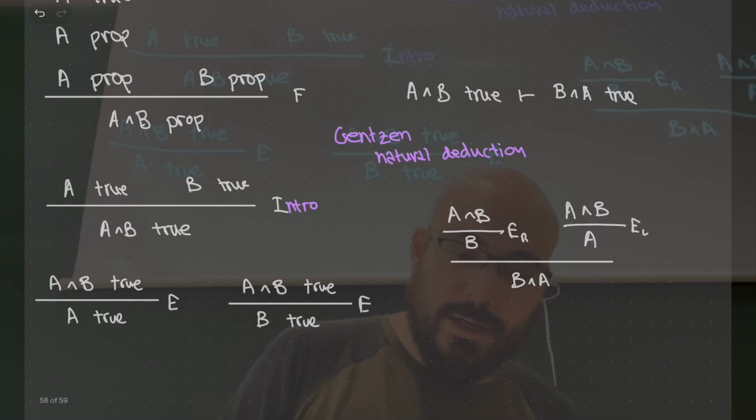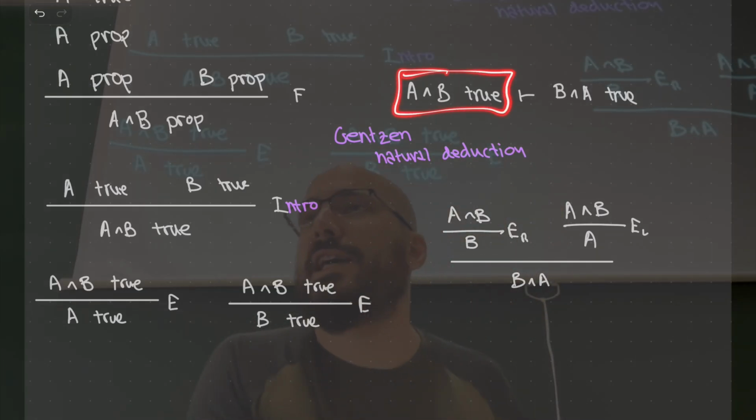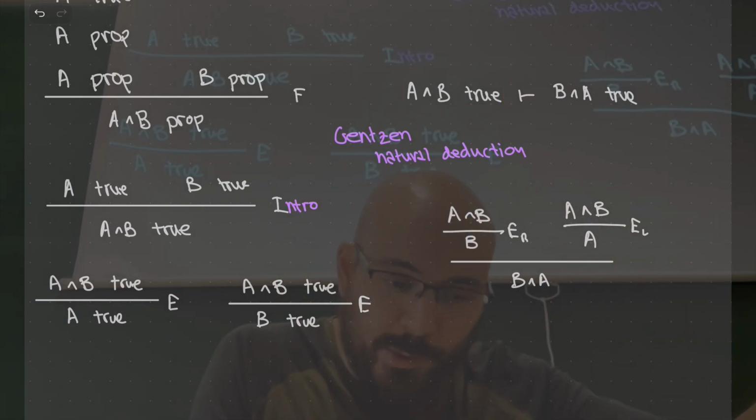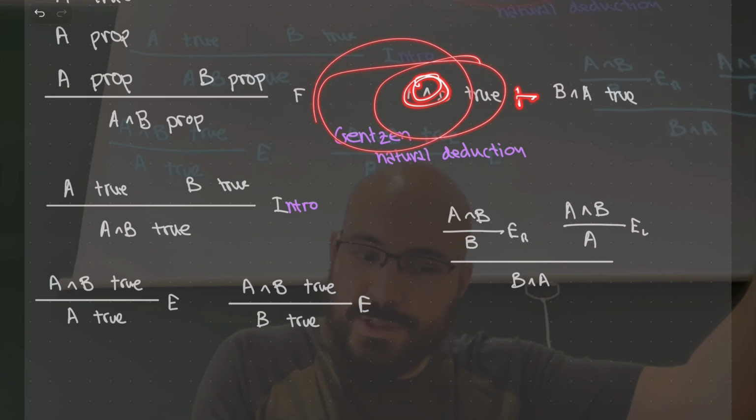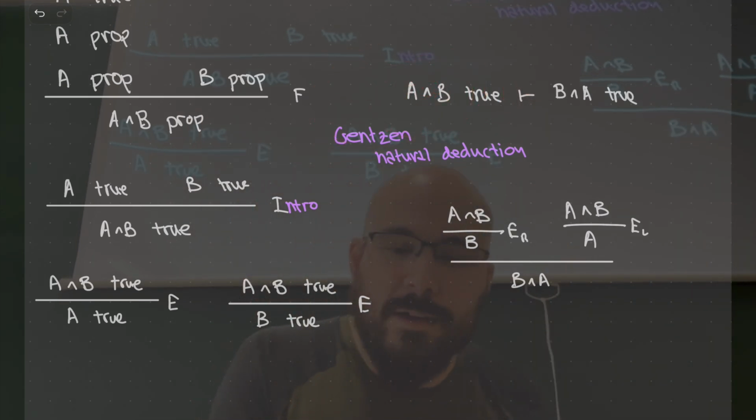Okay, so yes. This is a judgment, yes. The judgment, which means I have a proof of this thing. And I can construct from all those things that I have, which is only one thing, a proof of this thing.